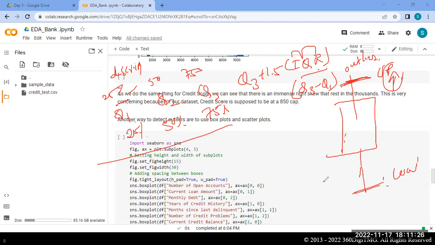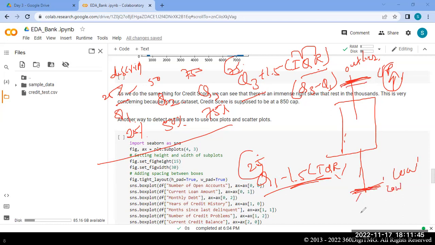If the data is beyond Q1 minus 1.5 into IQR, where Q3 is the 75 percentile and Q1 is the 25 percentile of the data, this is the lower cutoff and this is the upper cutoff. If the data is beyond this, in that case also I'll consider it an outlier.